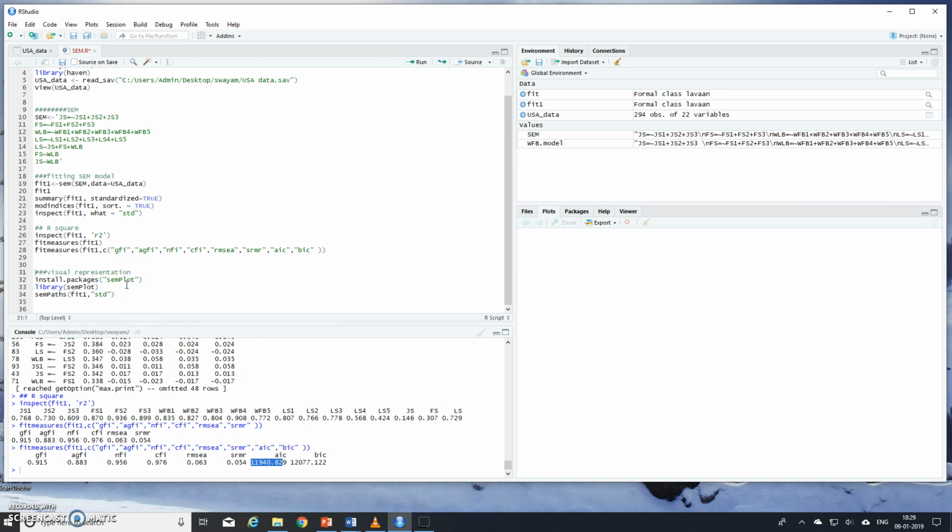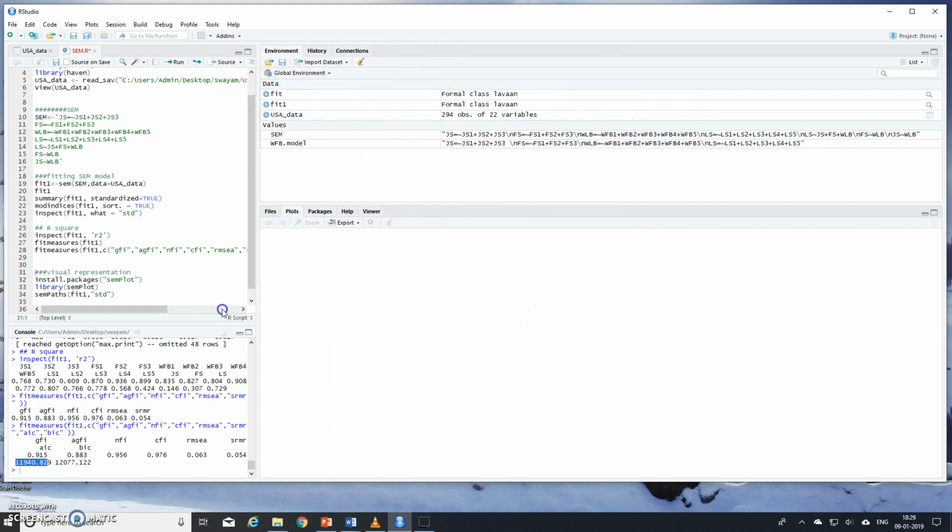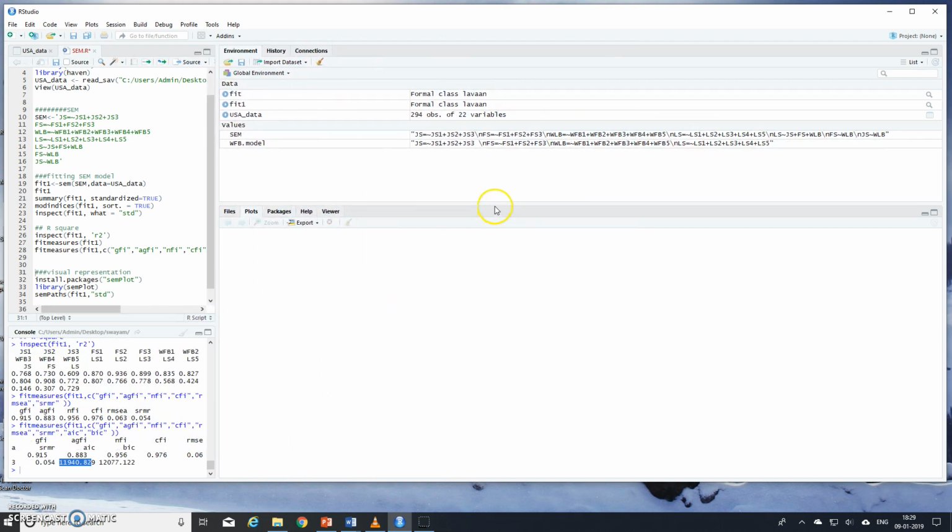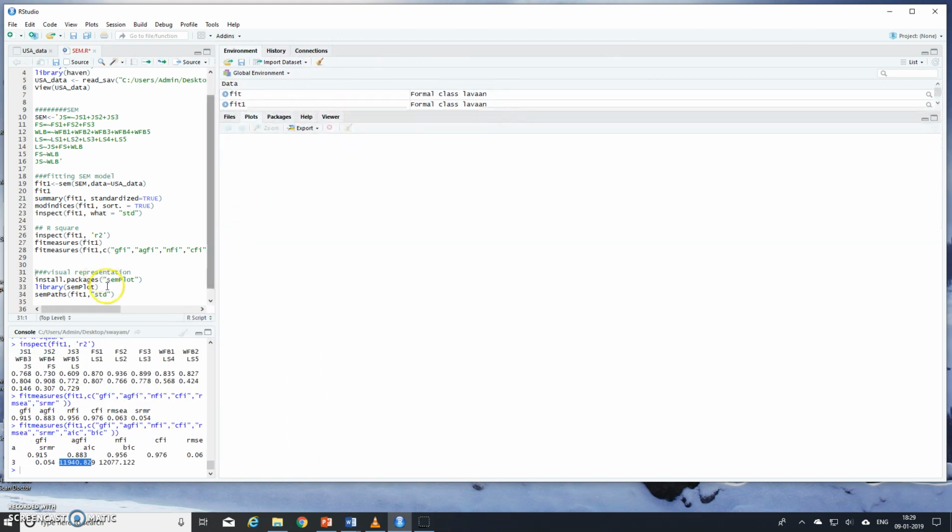And then to see the model in a visual way, you need to install the semPlot package. So the semPlot package is used to create the CFA diagram as well as the SEM diagram. I have already installed this package.